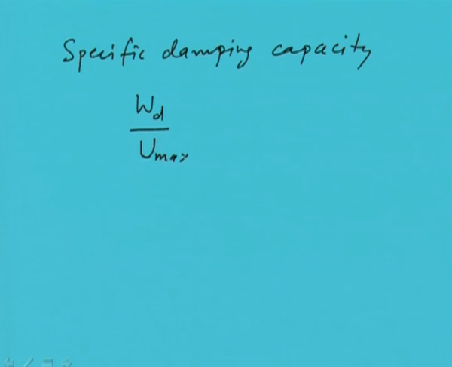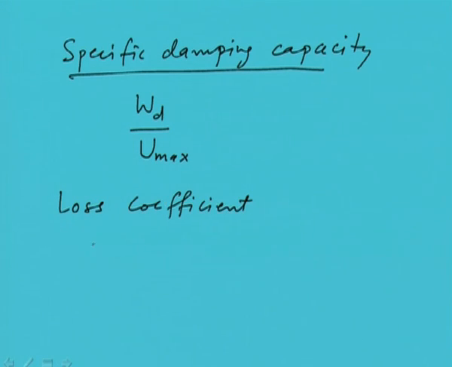Now we'll define some of the terms which are related to the damping energy, and the first one is the specific damping capacity, and this is defined as the energy dissipation divided by the maximum potential energy in the system. And there is another term which is called loss coefficient, which is similar to the specific damping capacity, but there is a slight variation in this, that is ω max by π. So this is defined as the ratio of damping energy loss per radian divided by the maximum potential energy